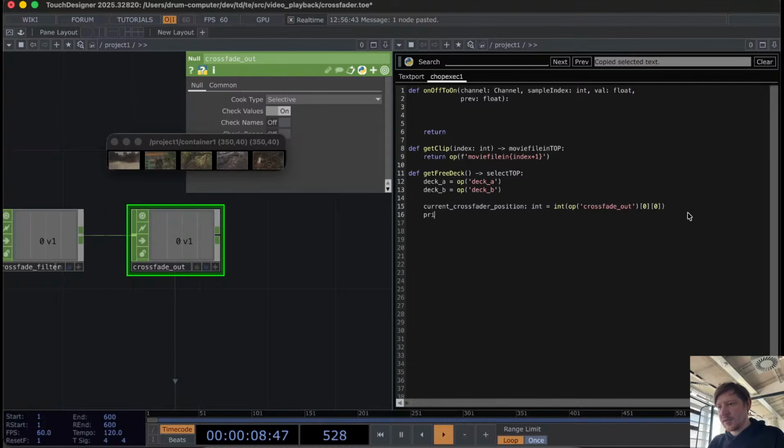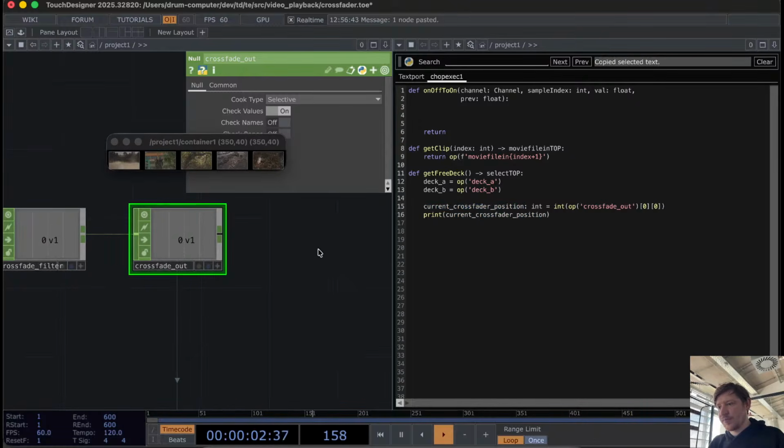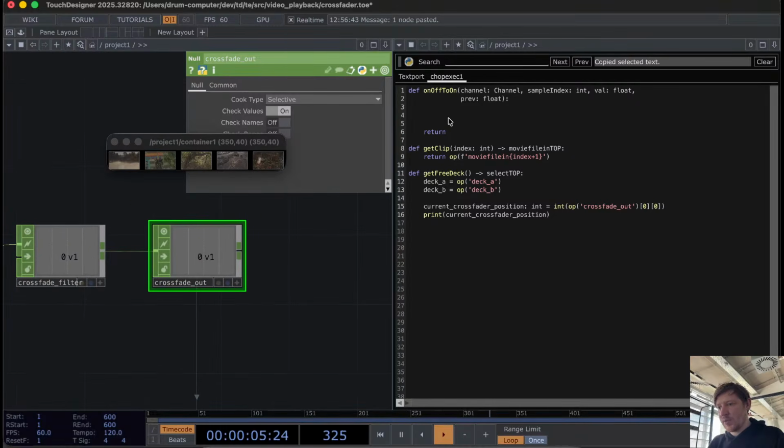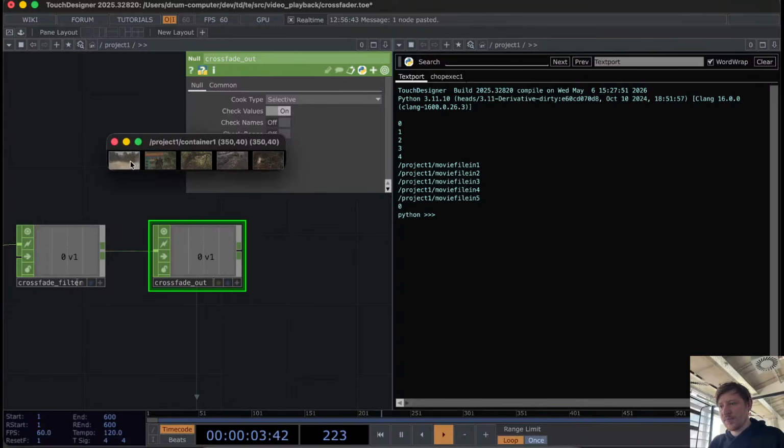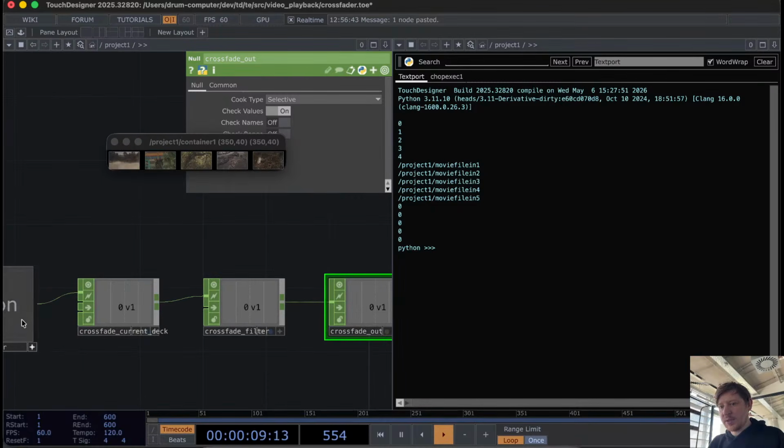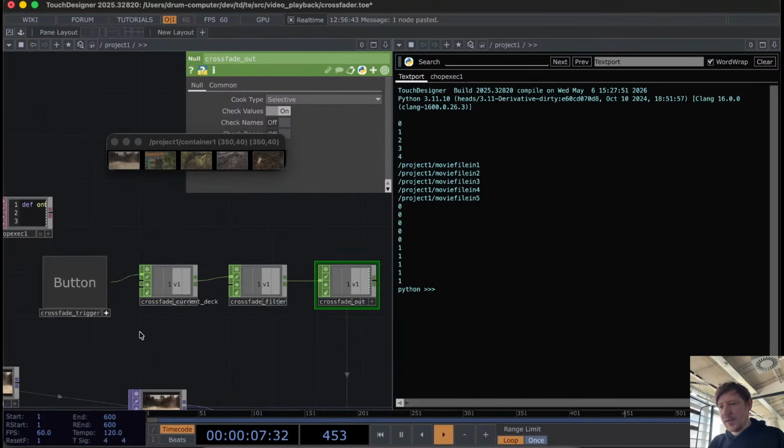And let's just test it. Print current, just print this thing. Okay, and then here we will call get free deck. Okay, 0, 0, 0, 0. Now I'm going to press the button. 1, 1, 1, 1. Okay,